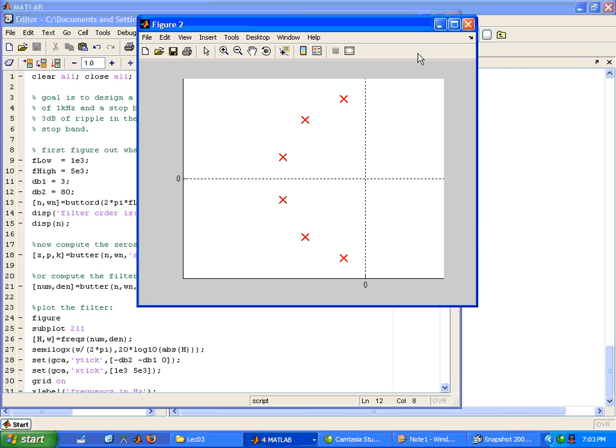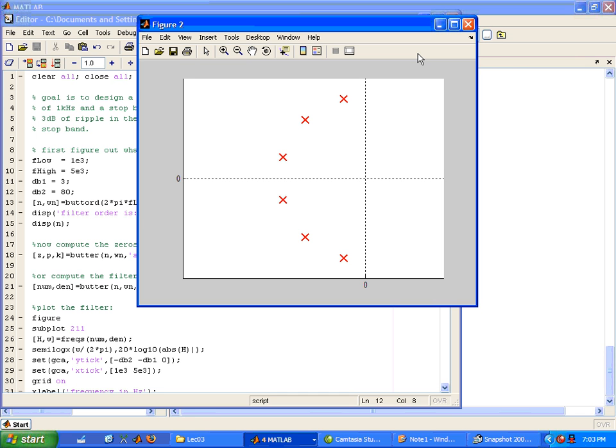So this is the pole zero diagram, and if you were actually going to design a circuit, you would just need to design a circuit that puts those poles and zeros in those locations. And what you notice always with poles and zeros is that they're complex conjugates. They always come in complex conjugate pairs. So you can see that they're paired